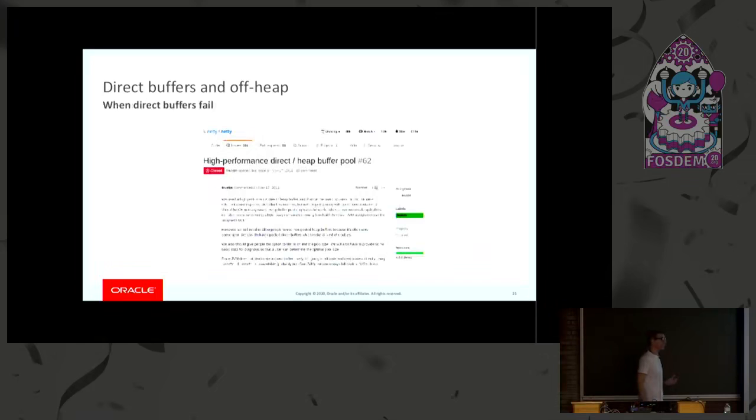This is what happens when ByteBuffer fails to meet the expectations. Netty is a big client of ByteBuffer. It allocates a lot of ByteBuffers, and starting from version 4, they're all in their own version of ByteBuffer called ByteBuf. No pun intended. And this is based on a different allocation scheme. They have also a specialized allocator, which reuses memory, so it's an allocation pool.